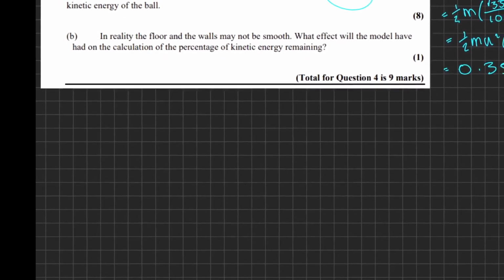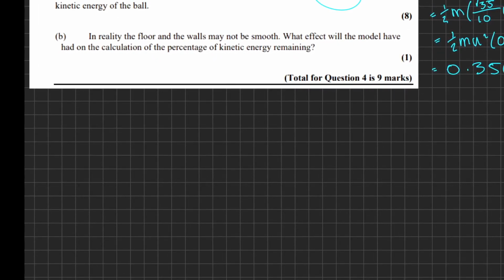Let's have a look at part B. It says, in reality, the floor and the walls may not be smooth. What effect will the model have had on the calculation for the percentage of kinetic energy remaining? So this is a nice easy one, and these are really common 1 markers in mechanics questions. And if the floor and the walls aren't smooth, more energy loss is going to occur. Okay, so we would say it would decrease